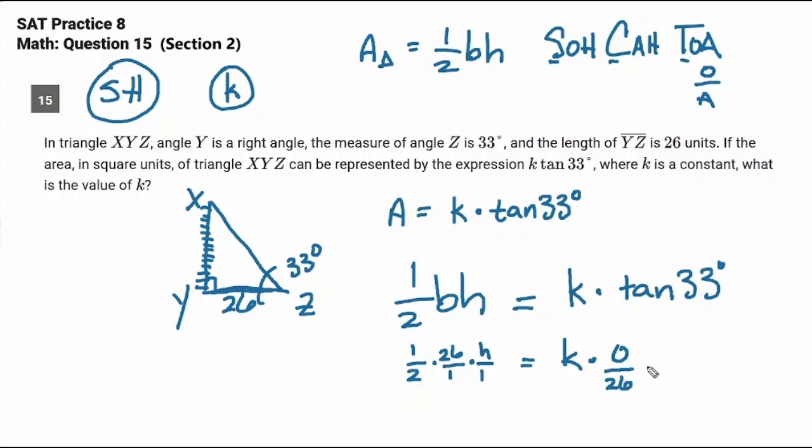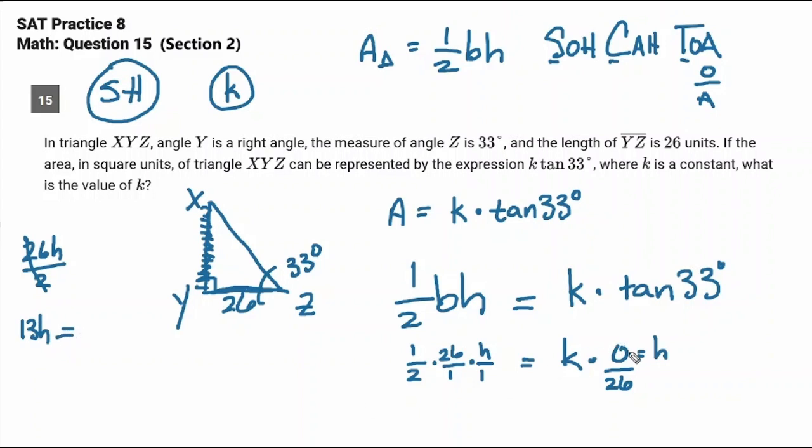All right, guys, I'm going to do this over here. What is the opposite side? This is the opposite side. What else is the opposite side? It's also the height. So guys, I'm just going to put things together here. 1 times 26 times h, which is height, is 26h over 2. That's 13h